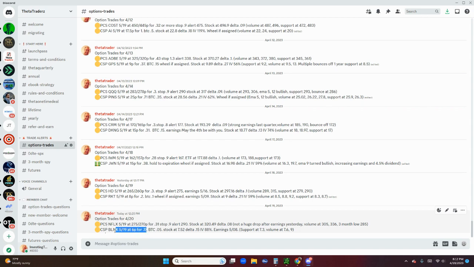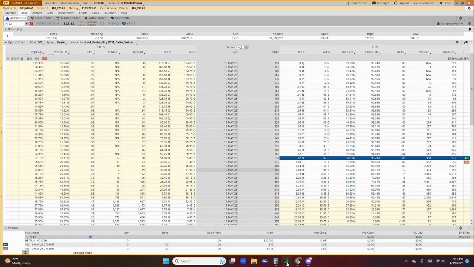So once you actually enter the order here, it'll be in your monitor tab. And then you just want to do a buy to close order. And I'll do good till canceled, and you can just let it sit there. Same stuff as before about the stock and why I took the trade. So for Blink, 5/19 at 6 put,